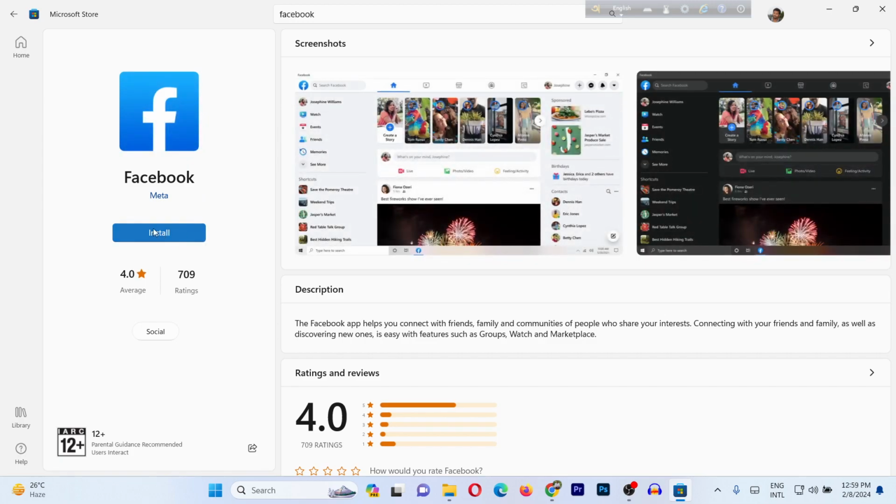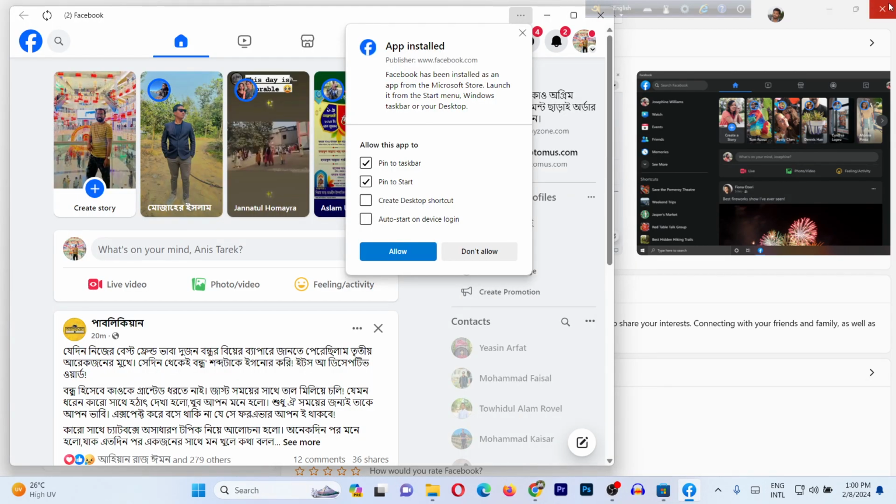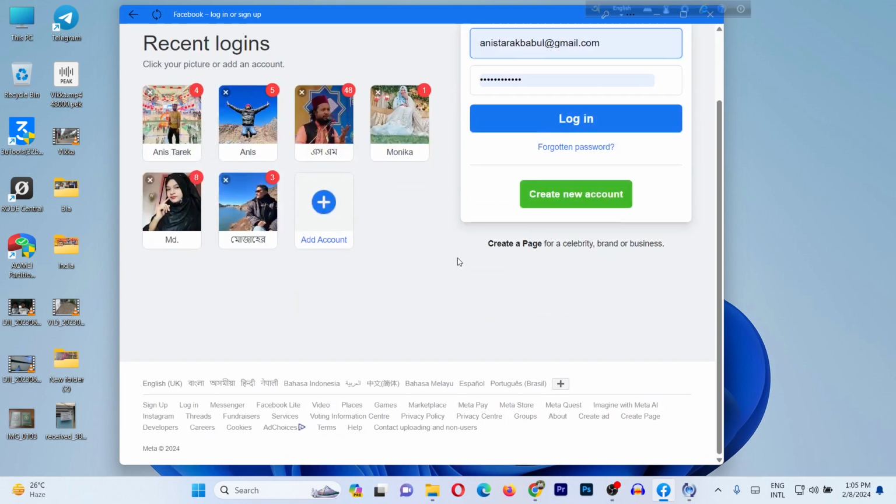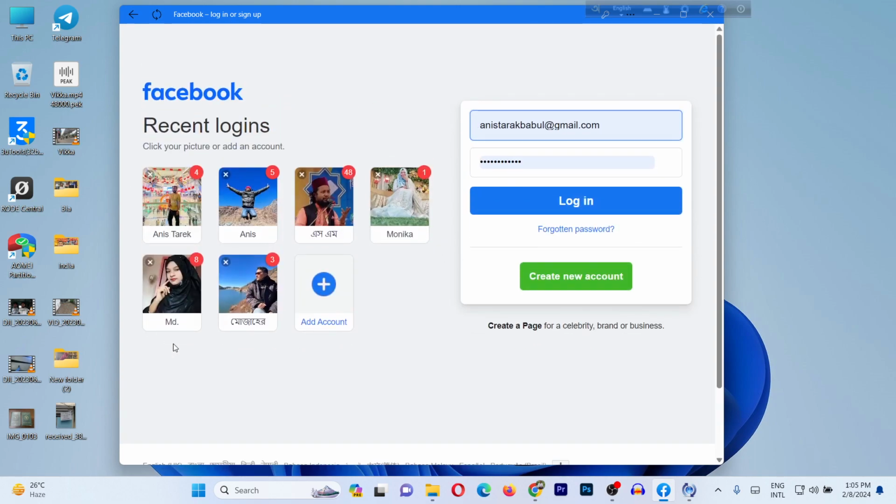Then on this left side is the install button. Just click to install. First it downloads from Microsoft Store, then it will install. It depends on your internet speed, so it takes some time. So the install is done. After that, click on open, and I'm closing Microsoft Store, and it opens the Facebook app, and this